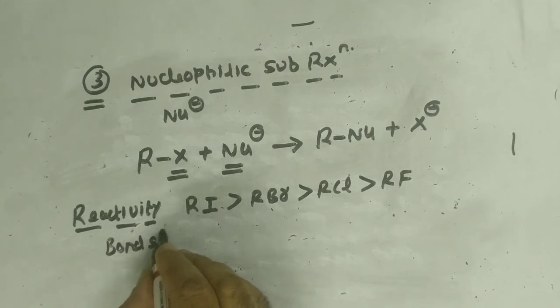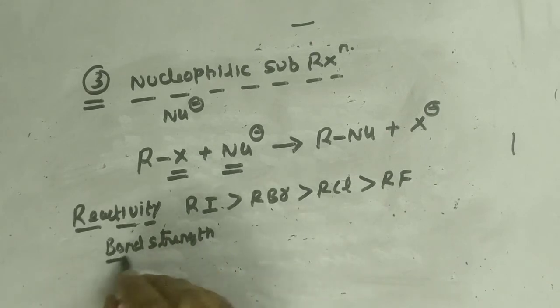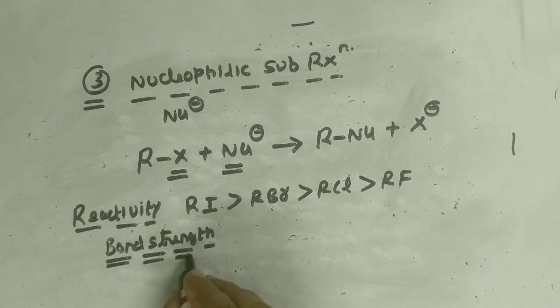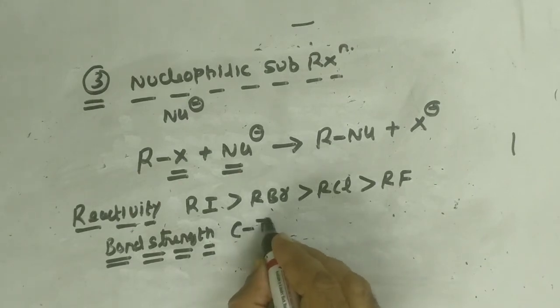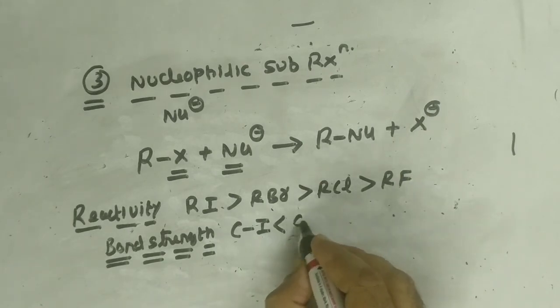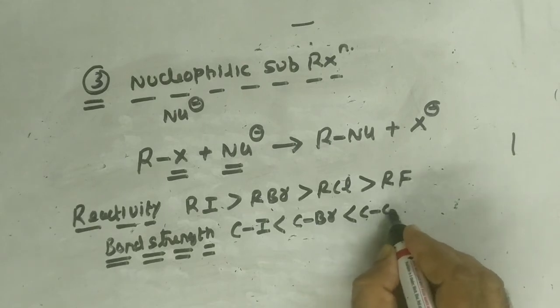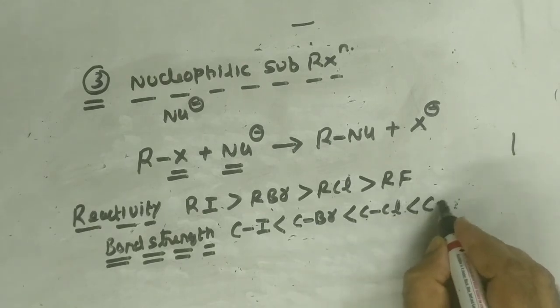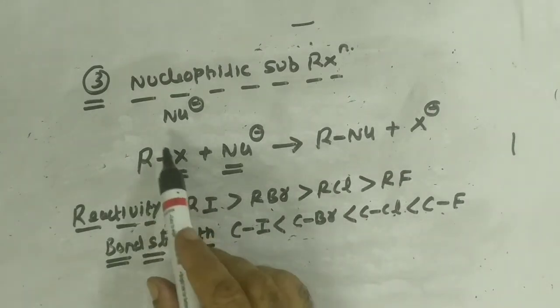Or you can also explain it on the basis of leaving group ability. I minus leaves the molecule very easily, so it gets substituted very easily, followed by Br minus, followed by Cl minus, and followed by F minus. Or you can explain on the basis of bond strength. The carbon iodine bond is the weakest, so it can break very easily and you can replace it. Followed by the carbon bromine bond, which is slightly stronger. The carbon chlorine bond is even stronger, and the carbon fluorine bond is the strongest. So if you've got a carbon fluorine containing compound, the bond will not break and the substitution will not